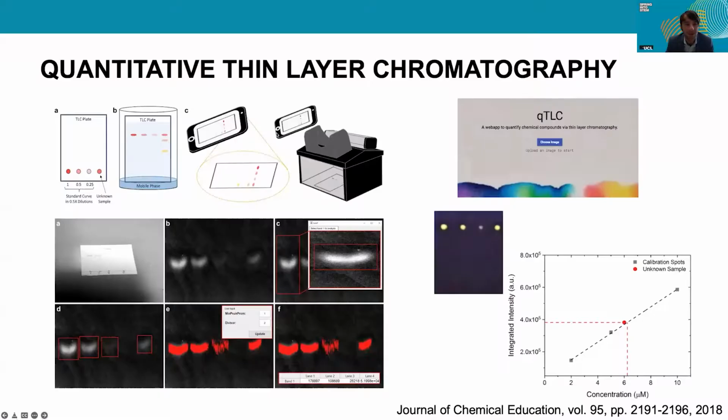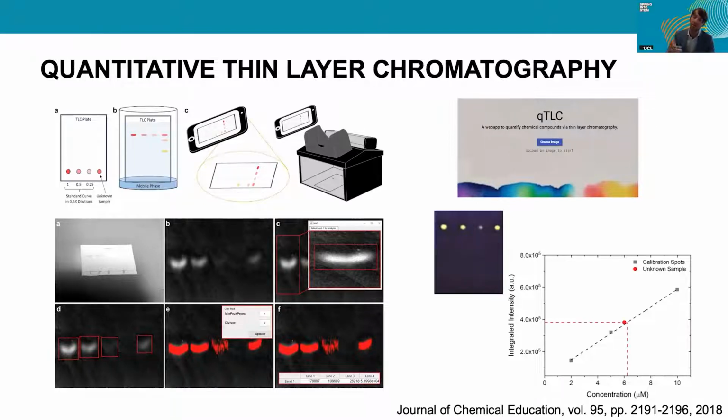Okay, so this is just the principle of quantitative thin layer chromatography. We've basically built this app so that you can perform simple experiments, and I showed you just here that I was using even coffee filter paper. You can perform whatever experiments you want for your quantification purposes, in your school laboratory or in your university laboratory or wherever it's safe to conduct this experiment.